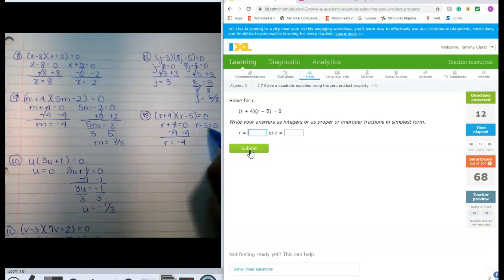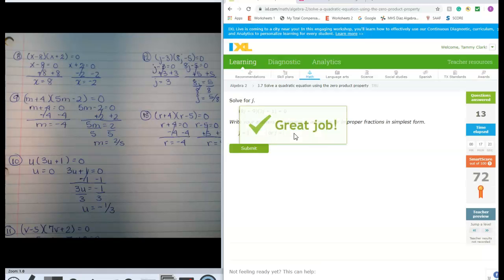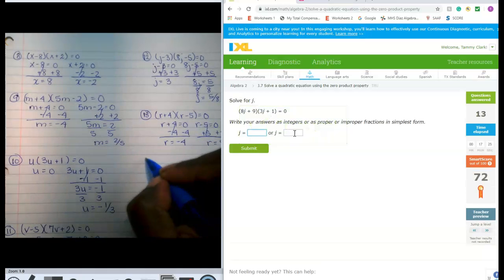Here, r minus 5 equals 0. I'm going to eliminate negative 5 from this side of the equation. So I do that by adding 5 to both sides. Therefore, r is equal to 5. So we've got negative 4, and r is also equal to positive 5. Number 14,